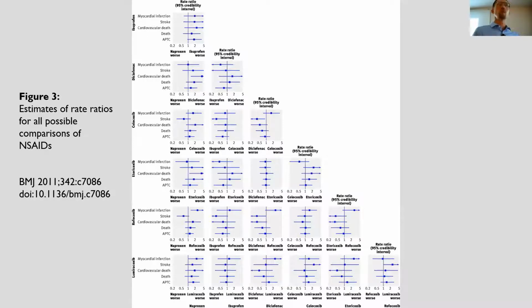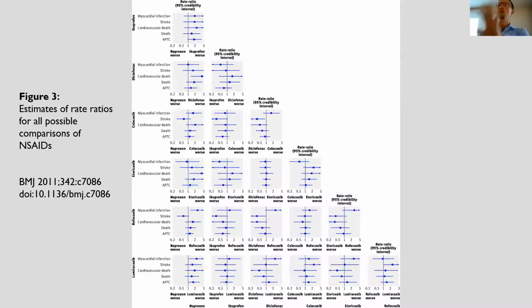So ibuprofen carries more risk than naproxen. So file that away. That's a little pearl. And then as you go down some of these other ones, you can sort of see some that have lower versus higher. Celecoxib is the third row. It has a little bit higher risks than naproxen, and it has lower risks than ibuprofen and diclofenac. So you can kind of compare a little bit.